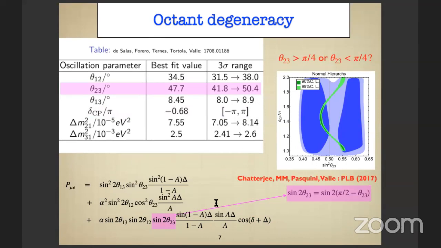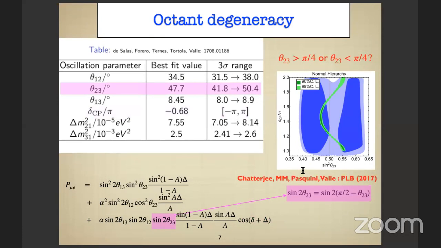Now, where does it originate? So look at the interference term again. You see there is a sine 2 theta 2,3 term sitting there. So that means whether the value of theta 2,3 is x or pi by 2 minus x, it has the same value basically. So why are we looking for the octant of theta 2,3? Because there are various neutrino mass models available in literature, and in almost all of those models, the octant of theta 2,3 is an important ingredient in determining the